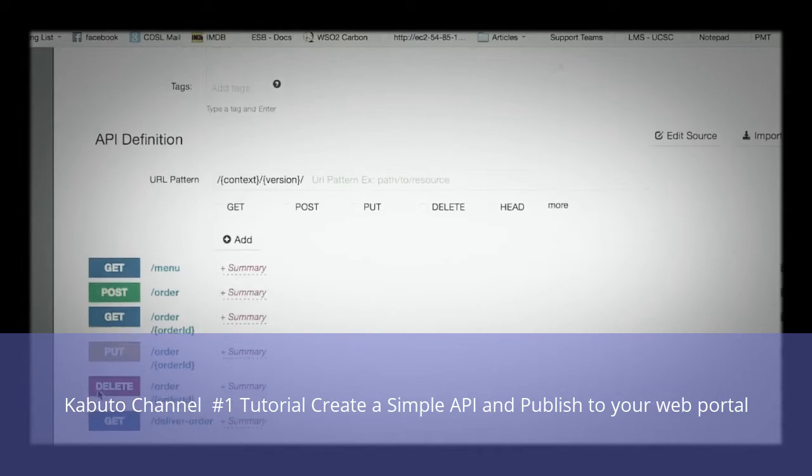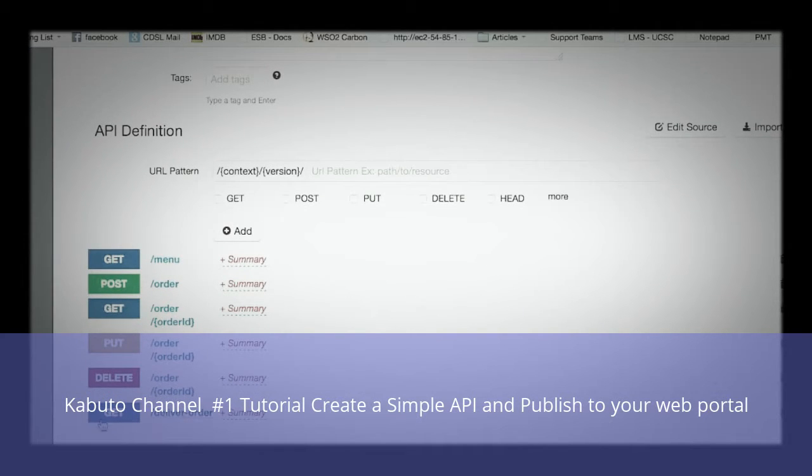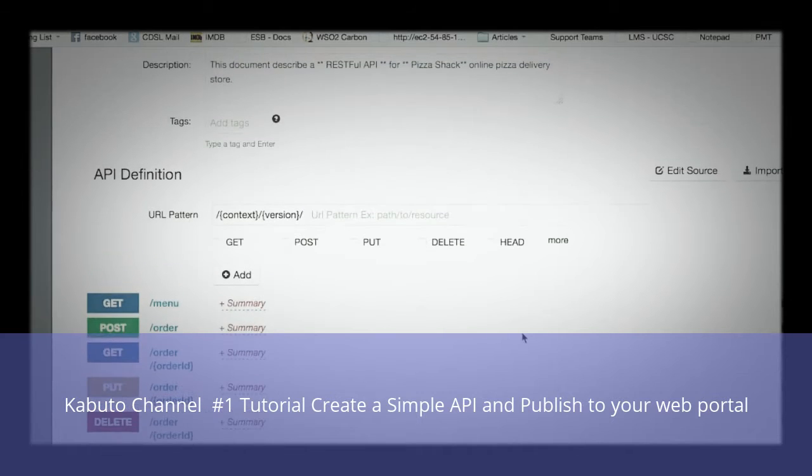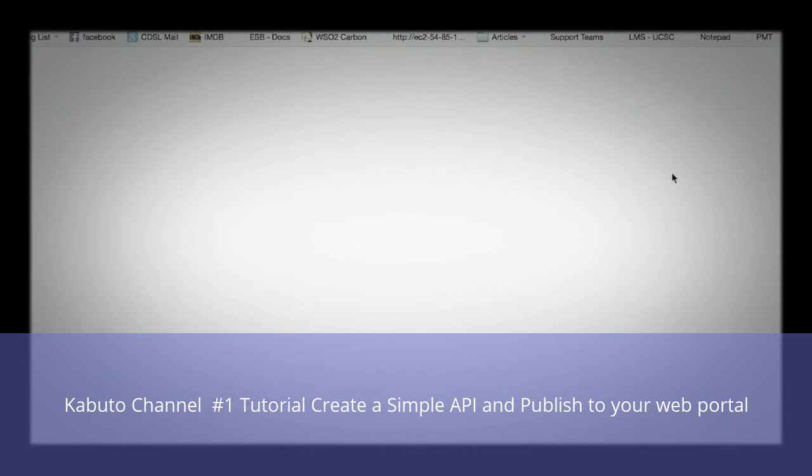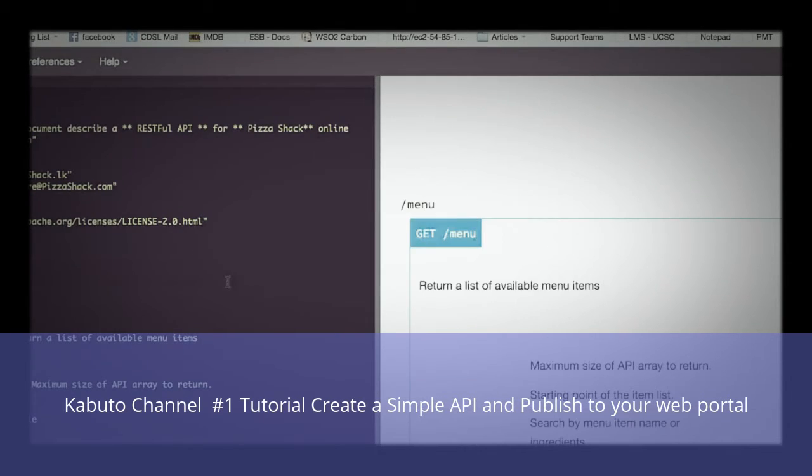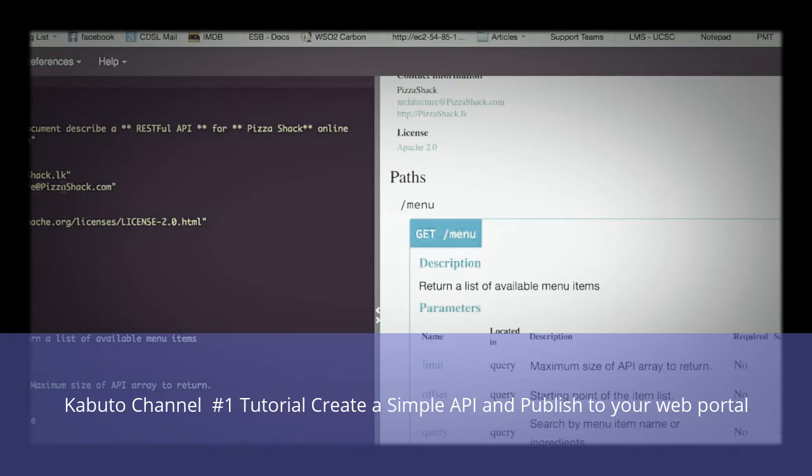In this section, you would see that your API resources have now been populated from the Swagger definition. You can have a look at the Swagger definition and edit it if you prefer using the embedded Swagger editor as well. In here, you will see the content of the API in JSON format, and you could edit it if you prefer.